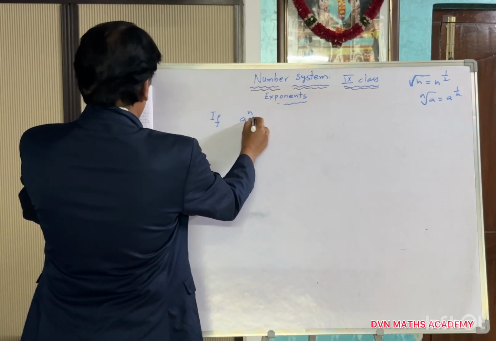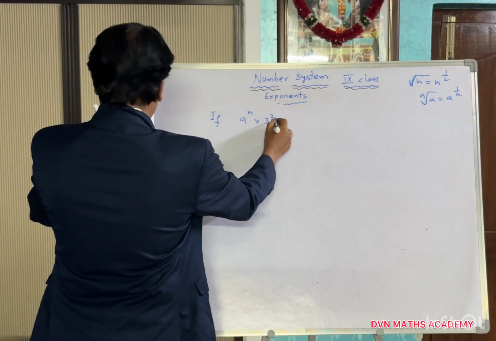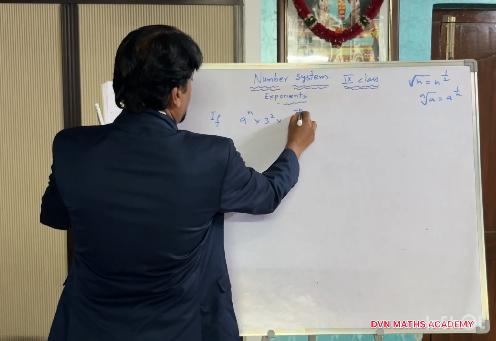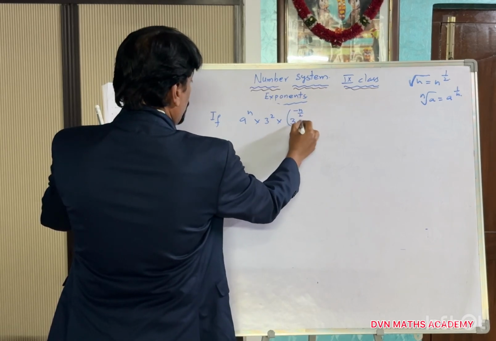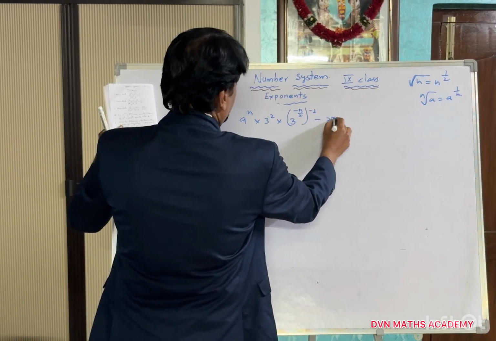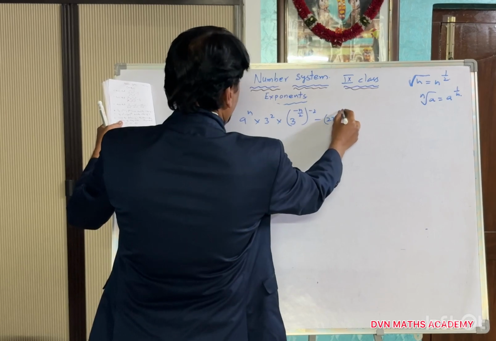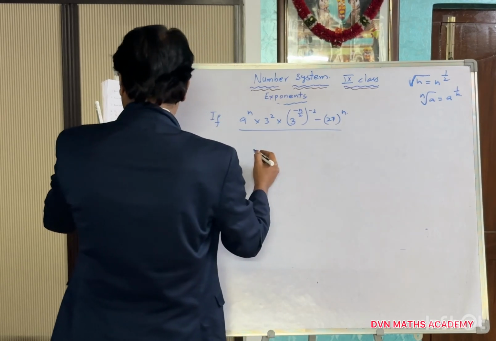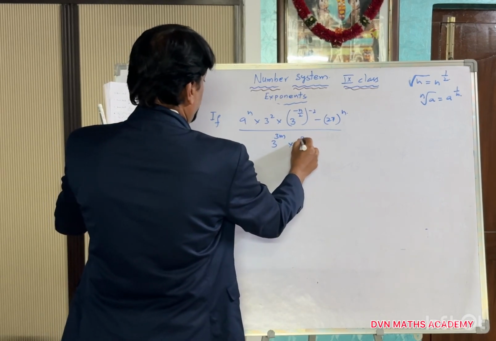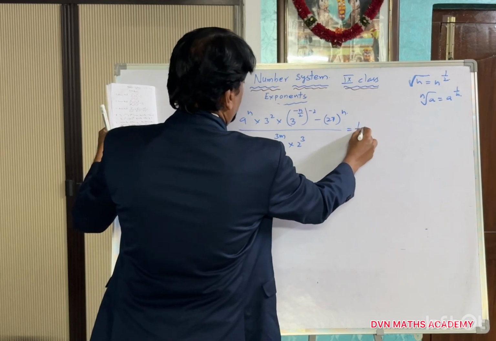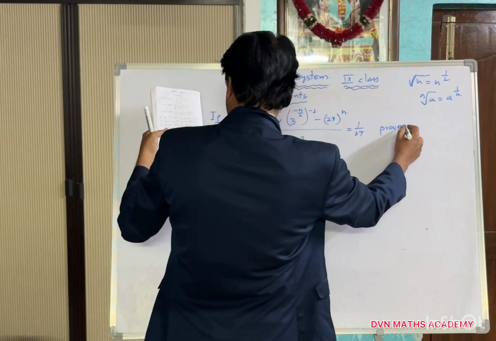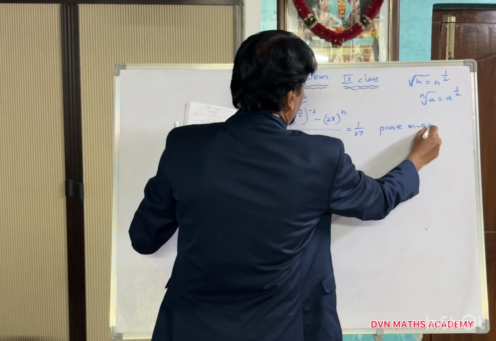9 to the power of n into 3 square into 3 to the power of minus n by 2 whole to the power of minus 2, divided by 27 to the power of n by 3 to the power of 3m into 2 to the power of 3 is equal to 1 by 27. Prove m minus n is equal to